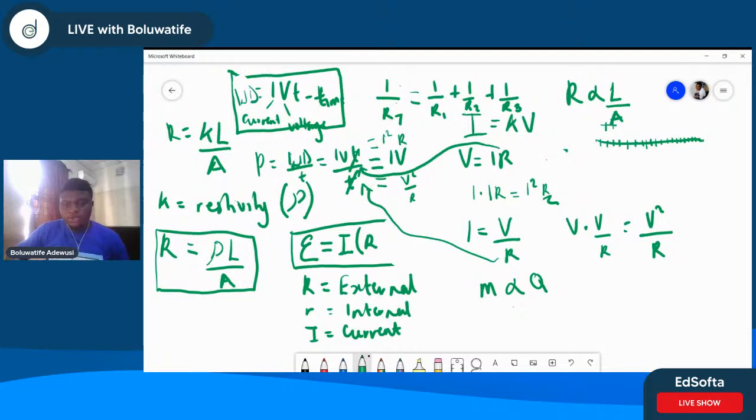Okay, not Q. So now Q, which is the quantity of charge, is given by current times time. That's Q for a quantity of charge. Current times time. So we are saying that the mass is directly proportional to the current and time. Okay. So now, obviously, to remove proportionality, we add